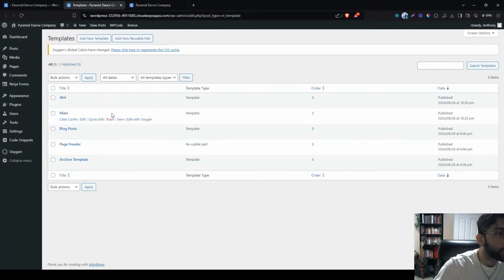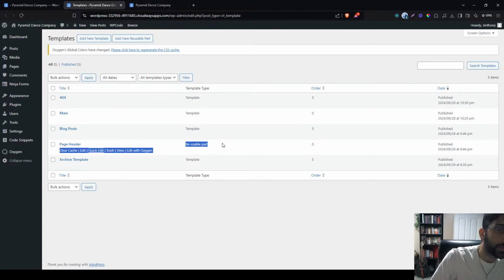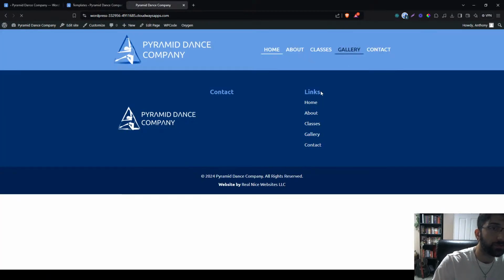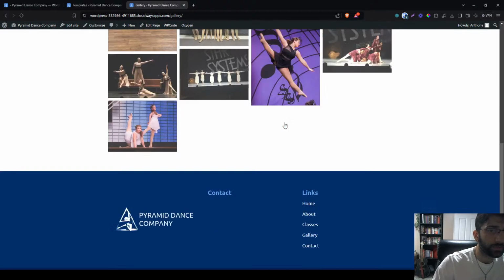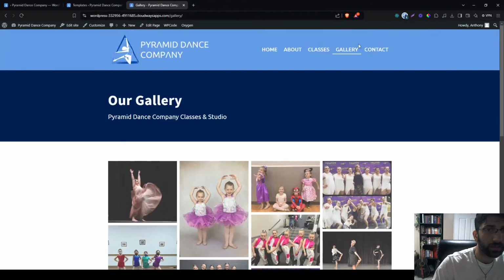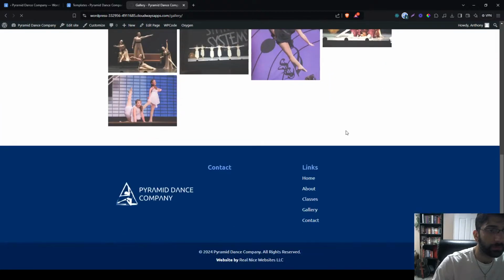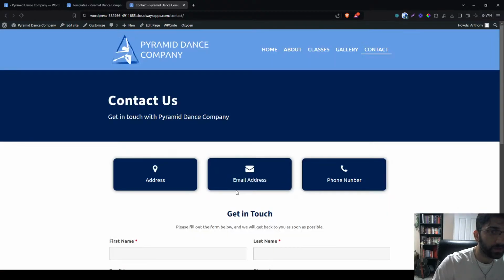So we have our main page, 404, blog posts, our archive template. We have our reusable template here, so we can see under template types the different options we have. This is our reusable page header template, so we can make sure we have absolute consistency. At the very least, I could probably just add that to the classes and about page, but I'm not too worried about that. So here's a more overall look of the website, and we have some animations,